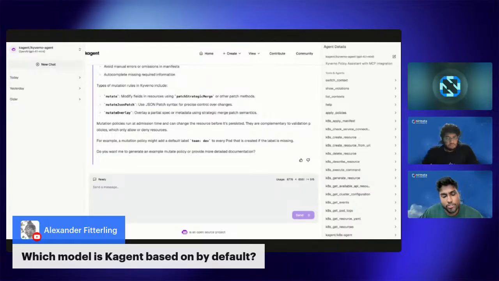Yeah. I'm not sure which model. They've updated it, but when I initially installed it, the initial installation, again, the documentation is getting updated regularly, was OpenAI, but you choose your agent and you can configure it. I used OpenAI, but they're adding a lot of support every day. So I think default is OpenAI, but you can change it anytime. Great. And I'm sure Shreyas is going to address, but this Kyverno MCP server can be used with a lot of different tools, right? Not just Kagent.